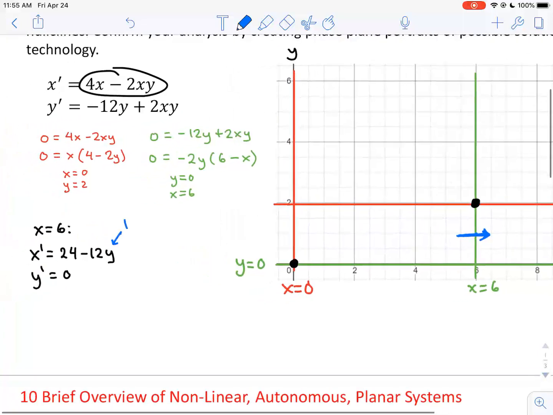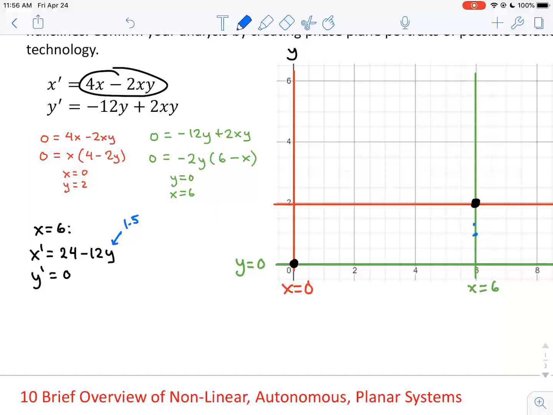Okay, now the closer I pick points to this solution, to this equilibrium point, like plug in a higher value, but not quite 2, like 1.5. I do 1.5y, so you're going to get a smaller x prime. In fact, x prime will get closer and closer to 0 the closer we get to that equilibrium point. And so what we could do then is reflect an understanding of that